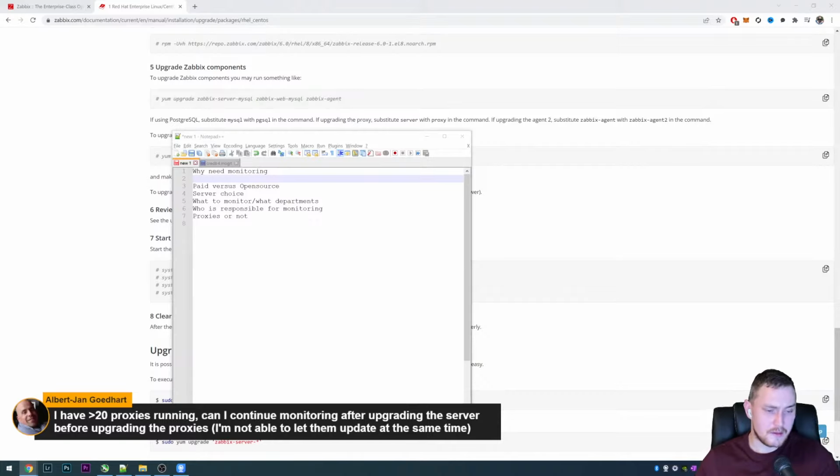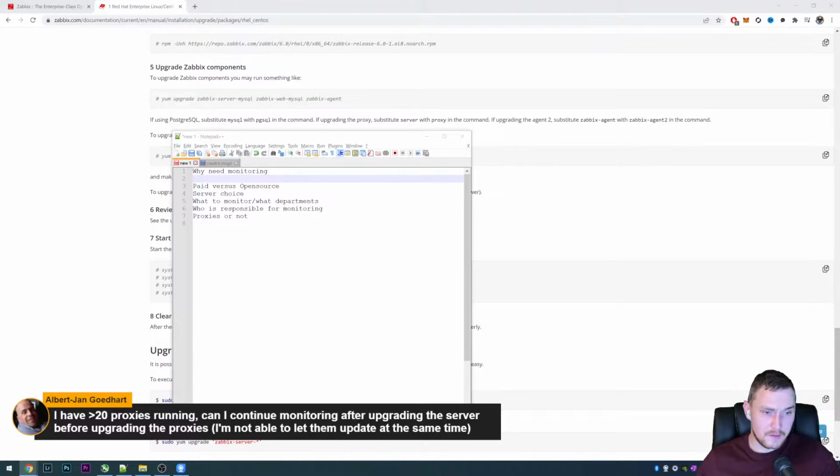Server, proxy, frontend, and also JMX, Java Gateway, must run the same major version. So if you upgrade to Zabbix 6.0, you must also have proxies on Zabbix 6.0. But I don't want to give you false promises about a 6.0 version specifically, because that's not official, and it's not documented as a best step to do.